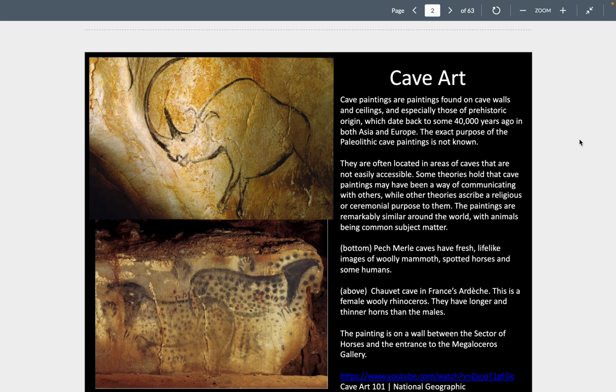Below that are the spotted horses of Pech Merle. In Pech Merle, we're seeing a rock, and the rock looks like the head of the horse. The artist did not chip away at this at all. Found it like this, used that as an imaginative springboard to then spread on the mane of the horse,